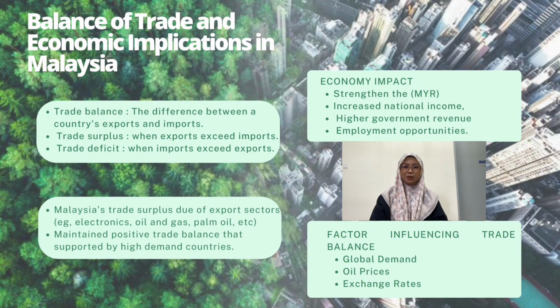Balance of trade and economic implications in Malaysia. The definition of trade balance is the difference between a country's exports and imports. A trade surplus occurs when exports exceed imports, while a trade deficit occurs when imports exceed exports. Malaysia typically enjoys a trade surplus due to its strong export sectors like electronics, oil and gas, palm oil, and